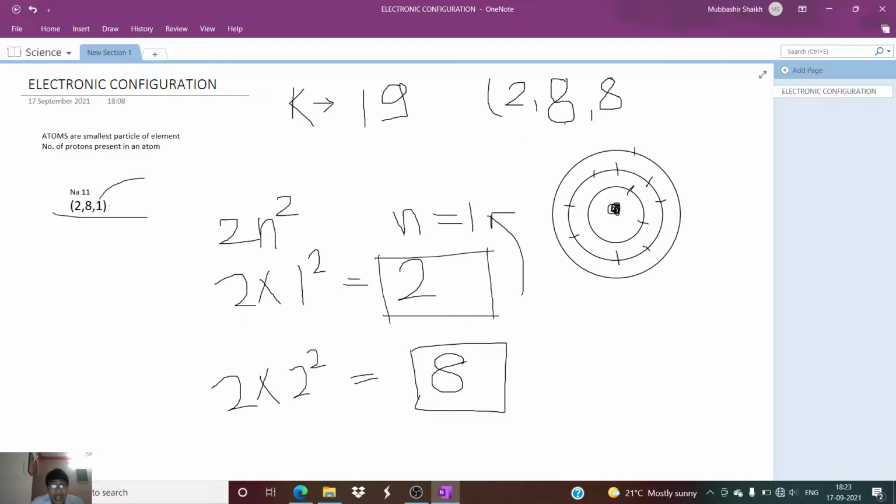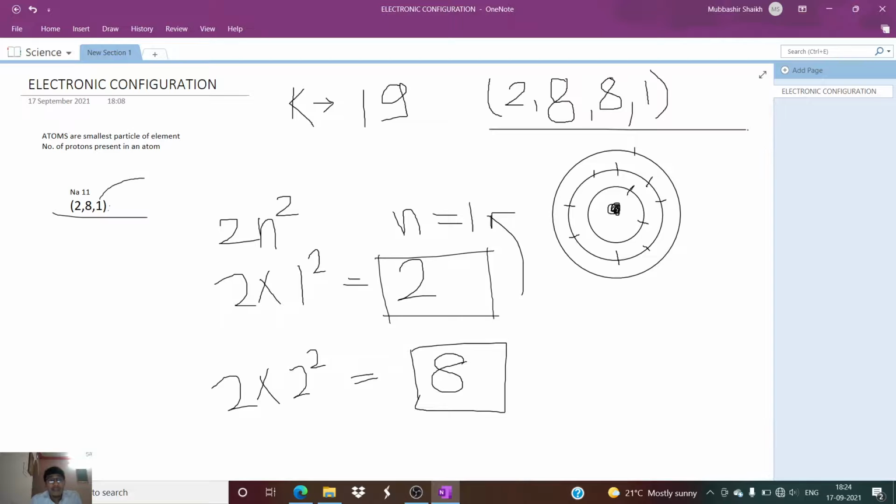And what is the reason behind it? That 8 electrons in the shell completes the octet of an atom. What it does, it completes the octet. So if any orbit has 8 electrons, it is sufficient to balance that orbit. Okay. So though 9 electrons are to be placed, I am going to take only 8 electrons in the orbit. Okay. And the remaining 1 electron will be placed in another orbit. So we get the electronic configuration of potassium as 2, 8, 8, 1. So what is the electronic configuration? 2, 8, 8, 1. Okay.